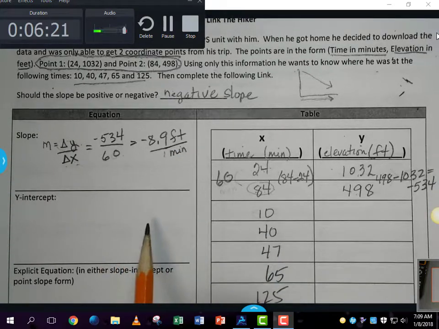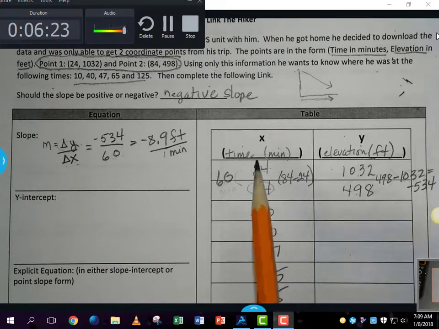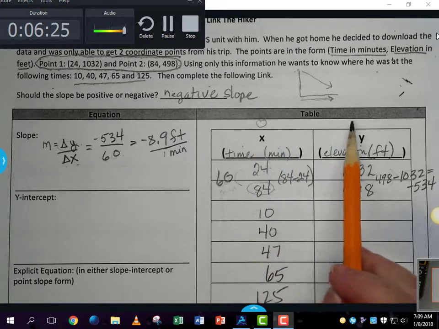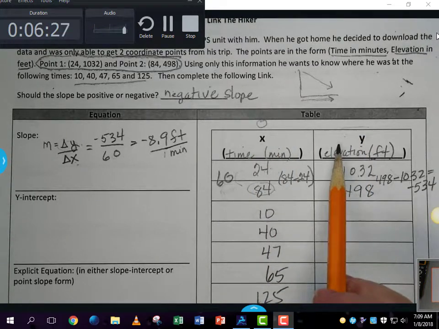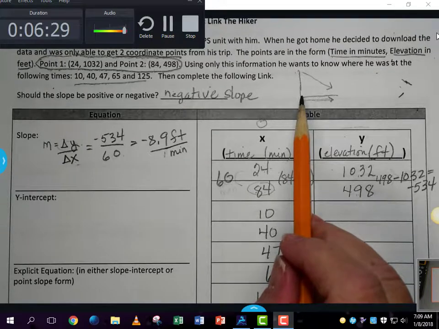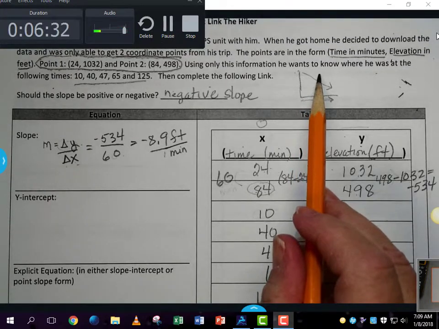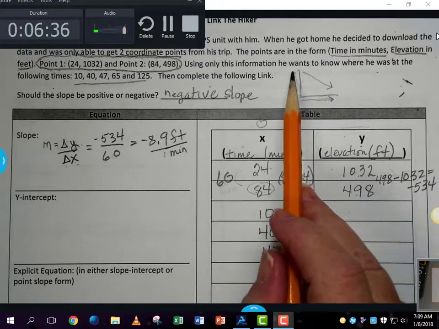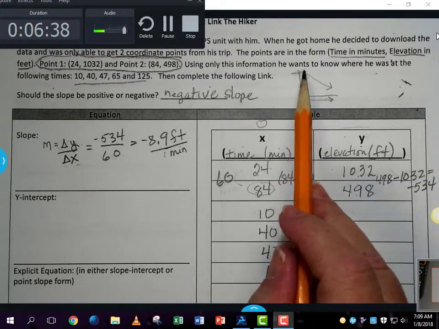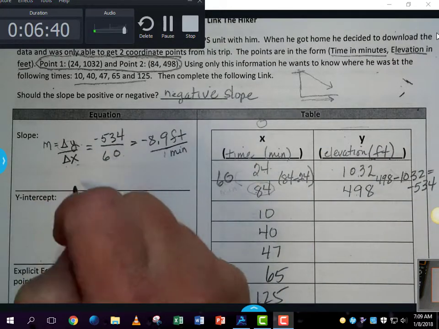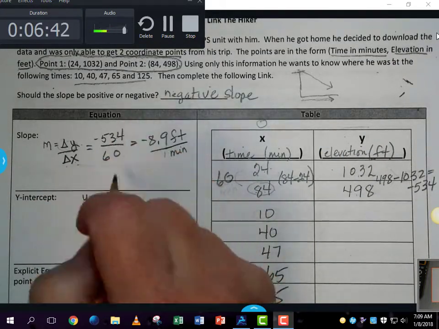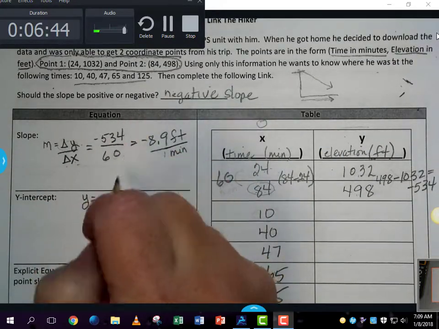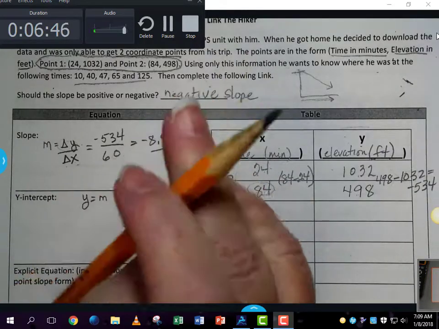Now we need to figure out the y-intercept. I cannot say at 0 minutes where his elevation was, because he didn't start down here at 0 minutes and climb uphill. Instead, he is somewhere up here and he's going downhill. So I have to figure out what his initial elevation was. For that, we're going to go ahead and choose y equals mx plus b. Well, actually,